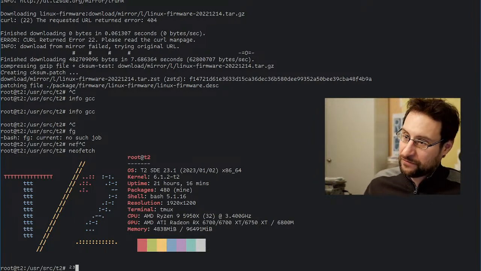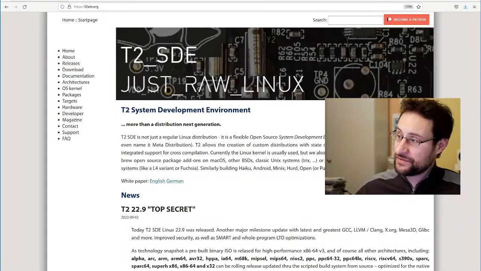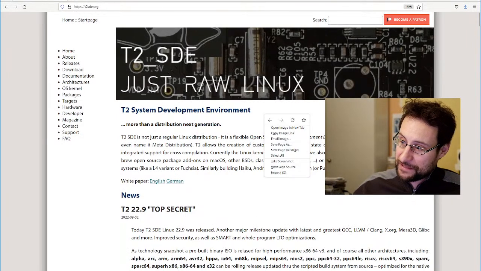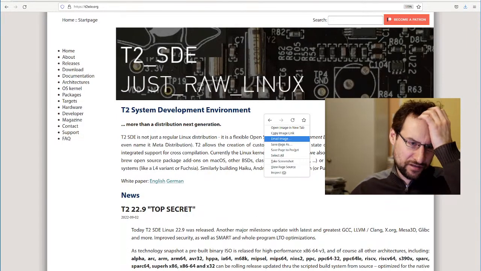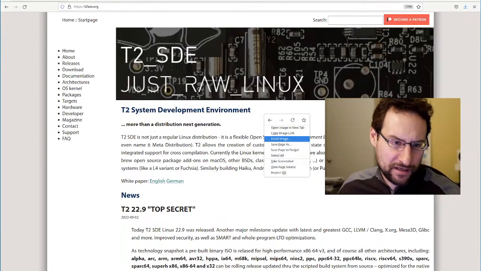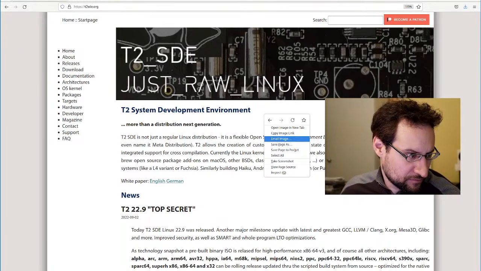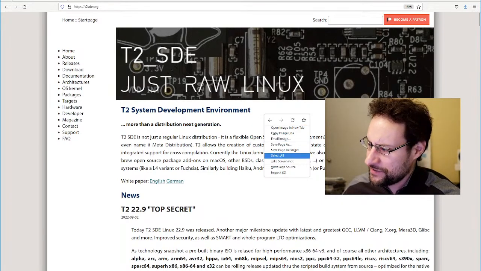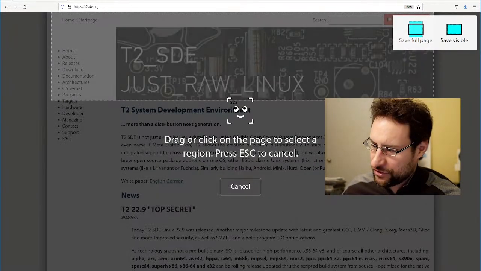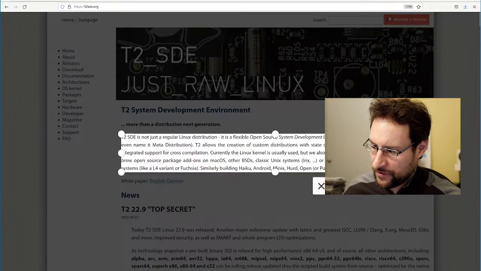And I noticed there's one more thing I need to fix on a fresh installation. I made a screenshot for the AMD RDNA GPU display controller regression, and so I took a screenshot here of my Instagram for that,